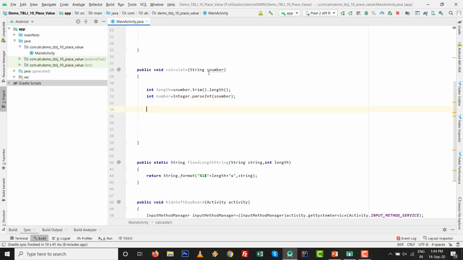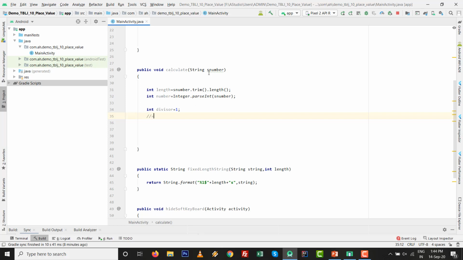Okay, first thing we want is divisor. So first divisor will be 1. Now we make the logic for whatever the length to create the divisor for the required length.